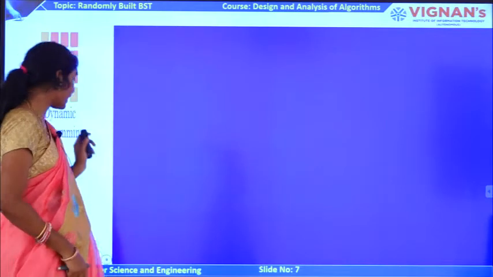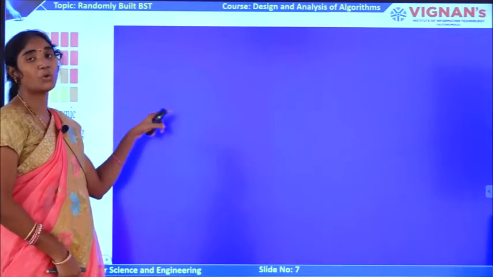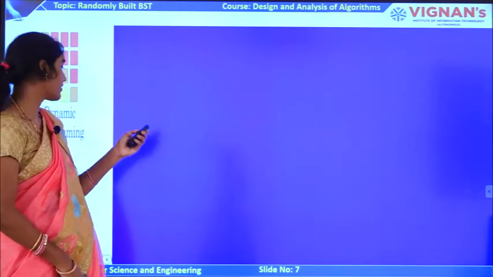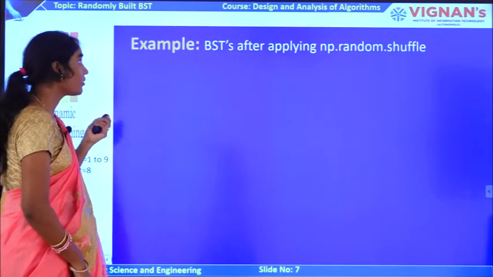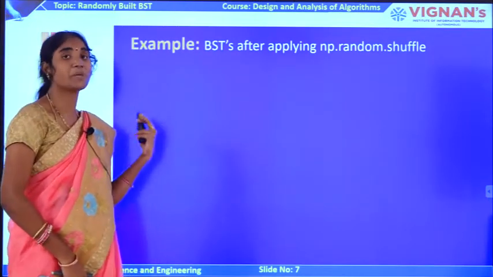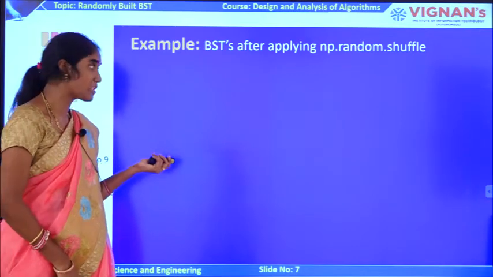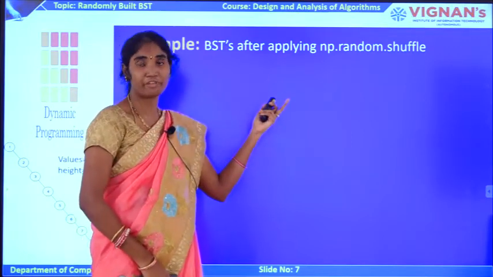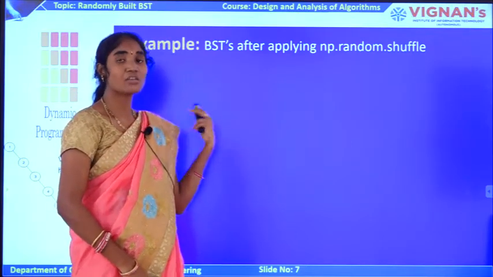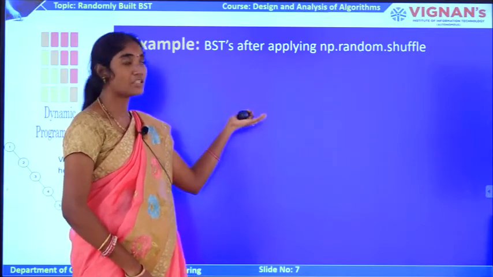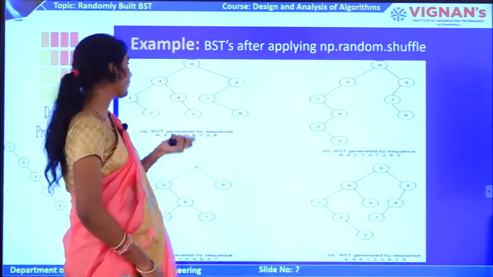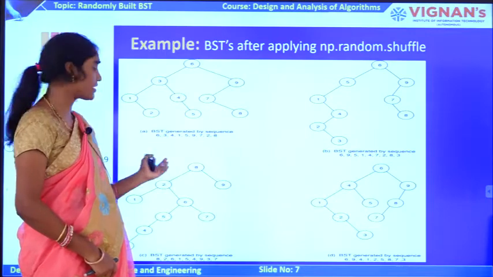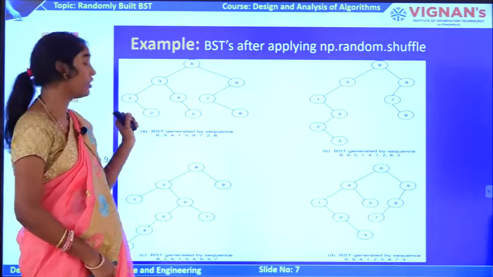So now I am going to convert this BST into a randomized binary search tree. So how? We will see now. So after applying a random permutation, how do we apply the random permutation? In Python I have numpy, right? So np.random.shuffle. For suppose if I am using the Python language, there I have used one randomizer called np.random.shuffle. If I apply that, I will have different combinations. Here I am showing you 4 combinations out of that. So the first combination is